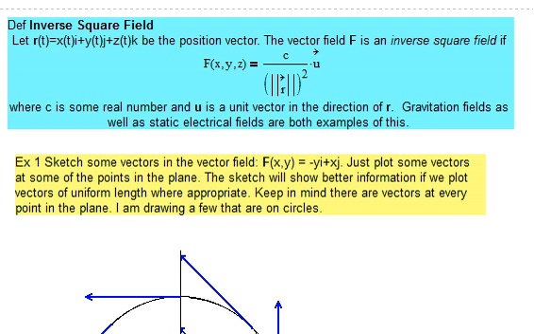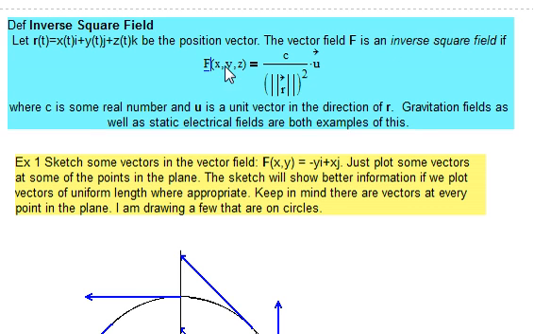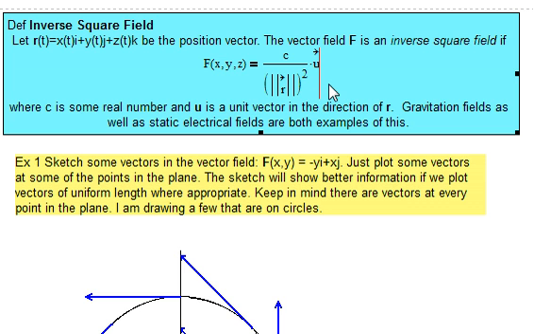One type of vector field is called an inverse square field. If we have some vector valued function r of t equals x of t i plus y of t j plus z of t k, and that's a position vector, then the vector field F is called an inverse square field if F of x, y, z, that's our vector field, is some constant divided by the square of the length of this vector